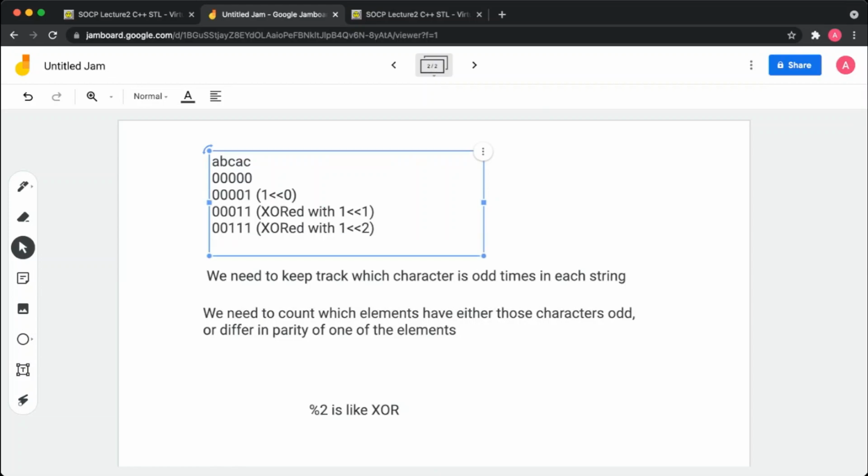Now we can see that a has come again. So when we XOR it again, it will become 0. That means it has become even. When we XOR this with 1 0, as you can see, it was 1 here and it has become 0 now. And similarly for C.